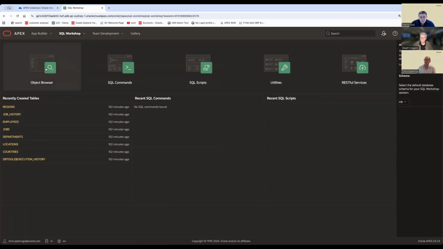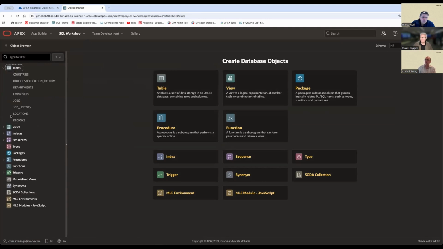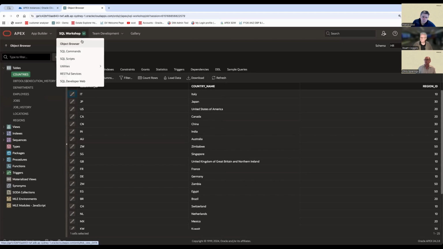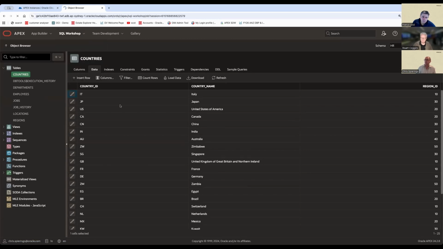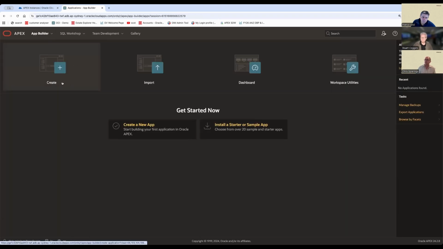And you can also see the objects. So things that you're familiar with, if you've used tools like SQL Developer, you'd probably be familiar with this. I've got some tables in here. So this is just an HR sample schema with employees, et cetera, locations, regions. So we can do data manipulation in here. So we could edit data, etc. We might want to just run SQL commands. We can do that as well from here. But let's see, I've only got 0 minutes left. Let's create